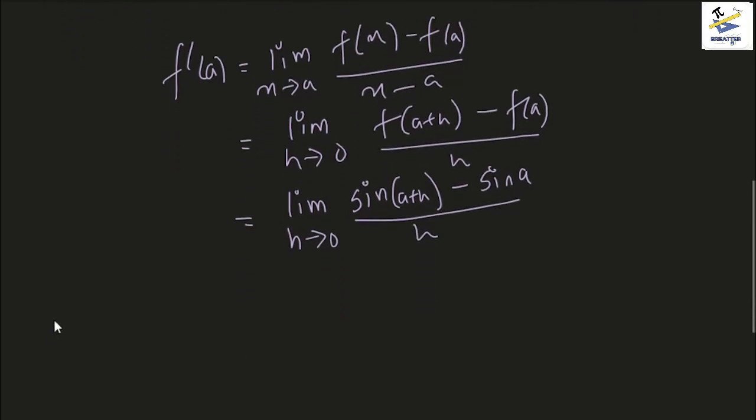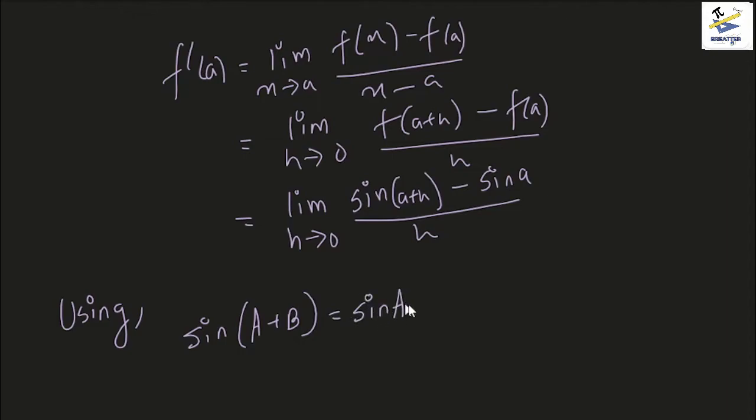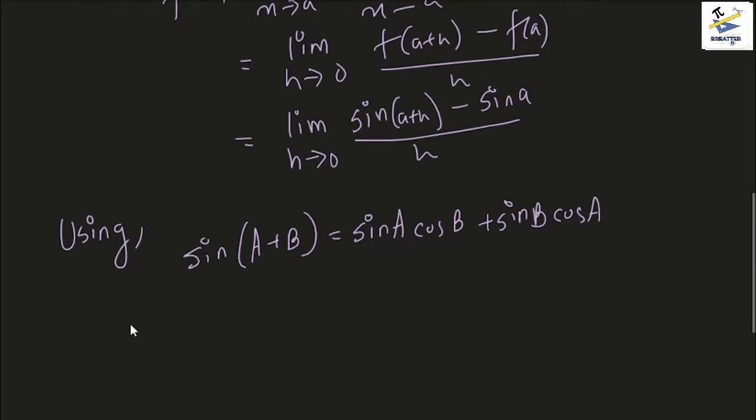Now we can use the formula for compound angles, that is, we can add and subtract angles inside sine, and we can also express them. So we can use the formula sine of a plus b equals sin a cos b plus sin b cos a. So this is the formula, right? So using this formula, we can see